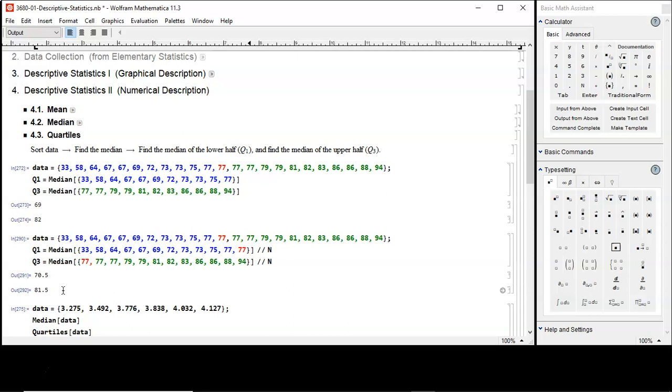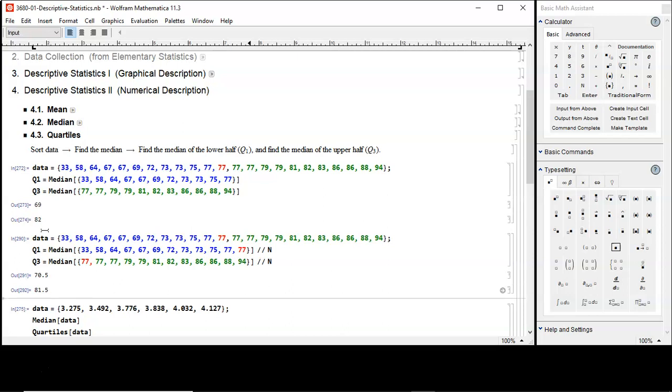And if you use MS Excel, by the way, I'm going to show you MS Excel in section 5 in a separate video. And there is QUARTILE.INC and QUARTILE.EXC. Quartile including the median versus quartiles excluding the median. So both are correct. So whatever you use, I'm going to give you full credit. So don't worry too much about it. But